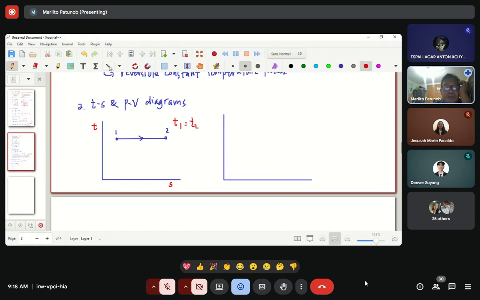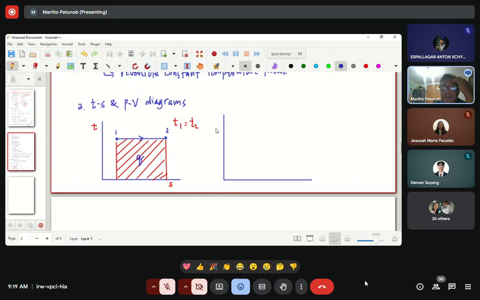So if you notice on a TS diagram, there is a value of heat, Q. Remember this, because in the board exam the question is: what is the property under, or below, the curve of a TS diagram? So that is it.